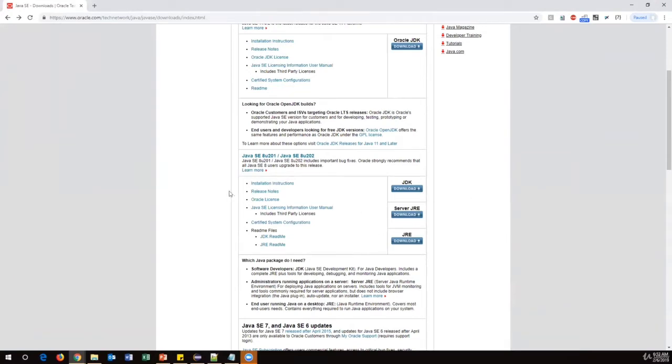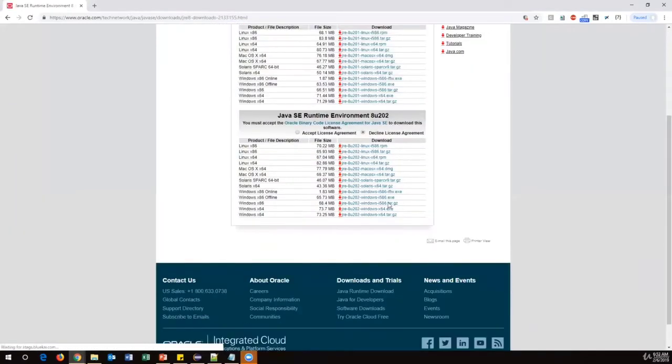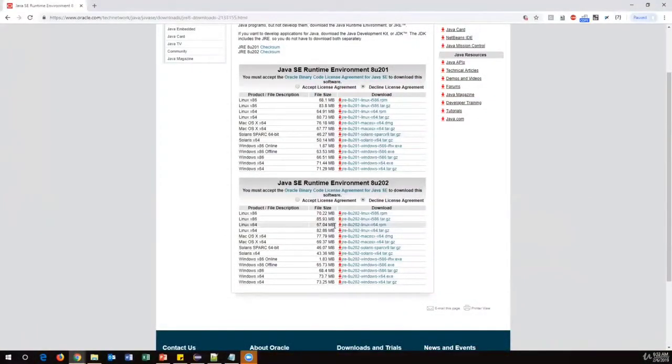In this list, you have to click on JRE. If you need JDK 8 also, you can go for that, but the JDK is available in the latest version. We downloaded 11, and for JRE, click on this download. Now we will navigate to this side. Here Java 8 JDK as well as JRE are both available. We need only the JRE, not the JDK, because we have downloaded JDK 11. So now we need to download only the JRE part.